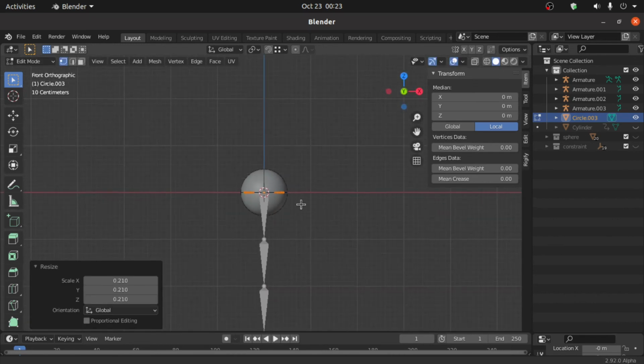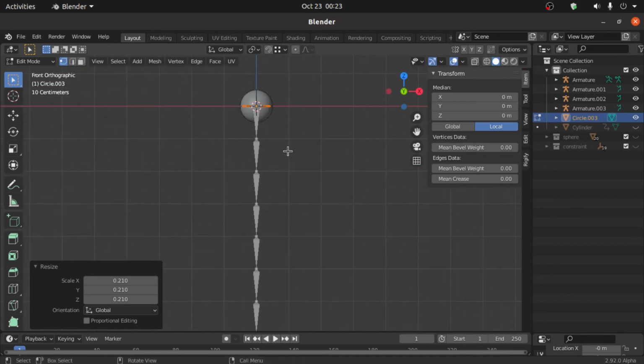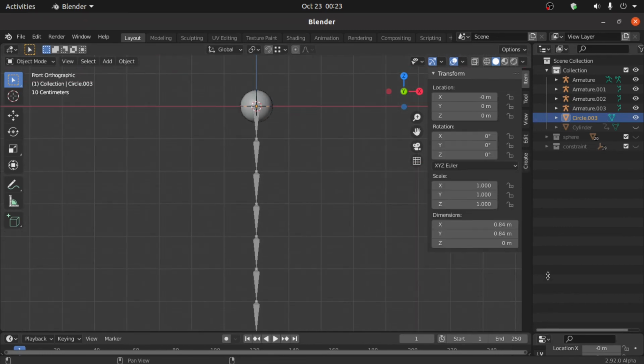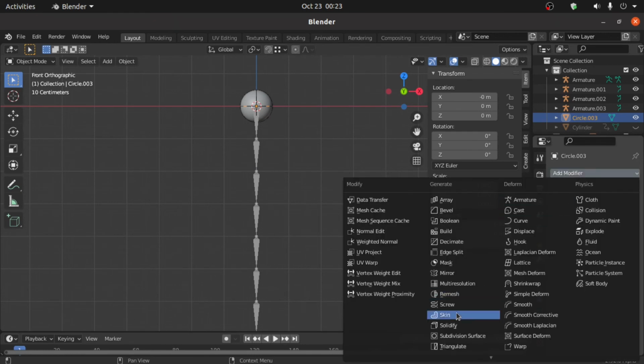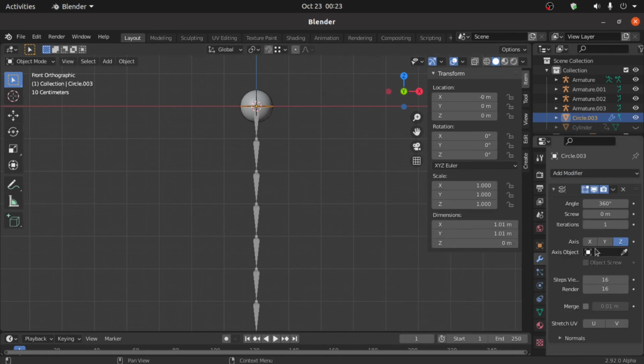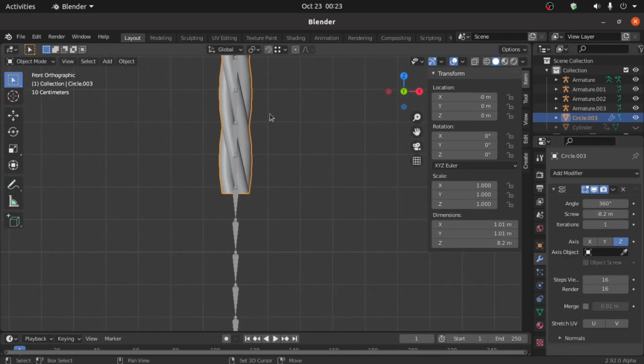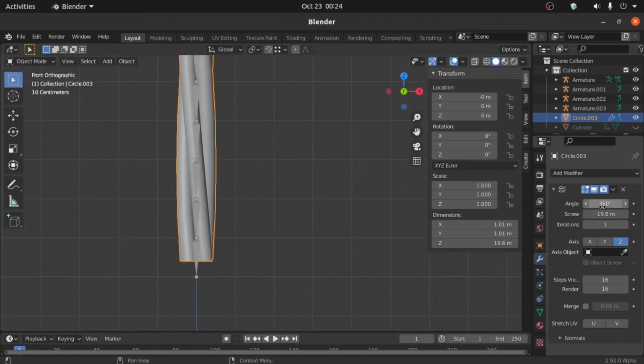Okay. Now expand this window, then click on modifier properties, then click on add modifier and select screw modifier. Now change the screw value something like this and also change the angle value, that is 360 multiplied by 3.